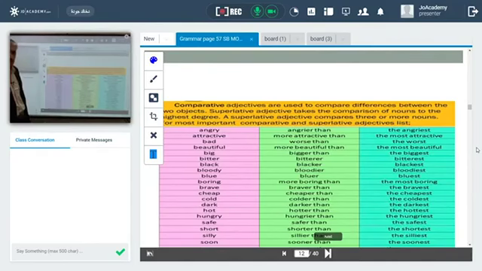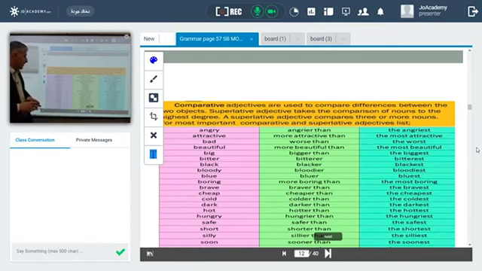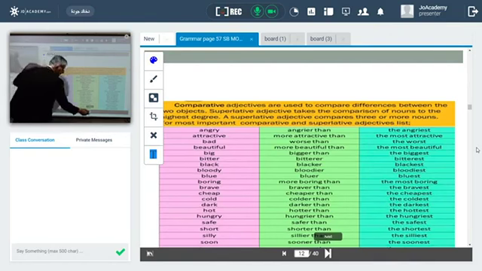Big is 1 syllable, it becomes bigger. We double the G. And we will come to that later, why we double the G. Better than. Black, blacker than. Bloody, bloodier than. Blue, brave, till the end. We have the end of the list of the adjectives. These are some of the adjectives we are talking about. Let's move next to